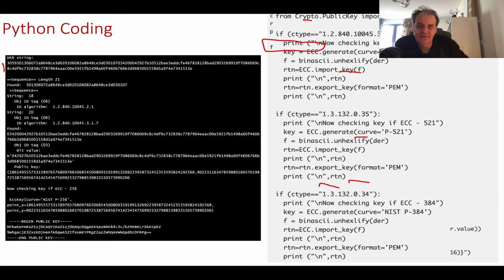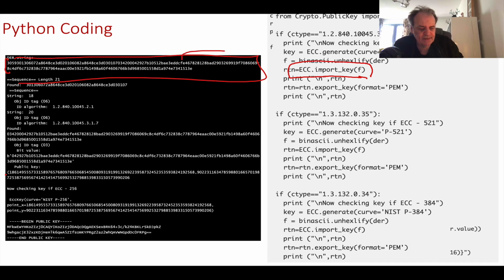If we've identified a public key, we can have a DER reader where we can input the key in the DER format into our Python program and display it, and then output in a PEM format.